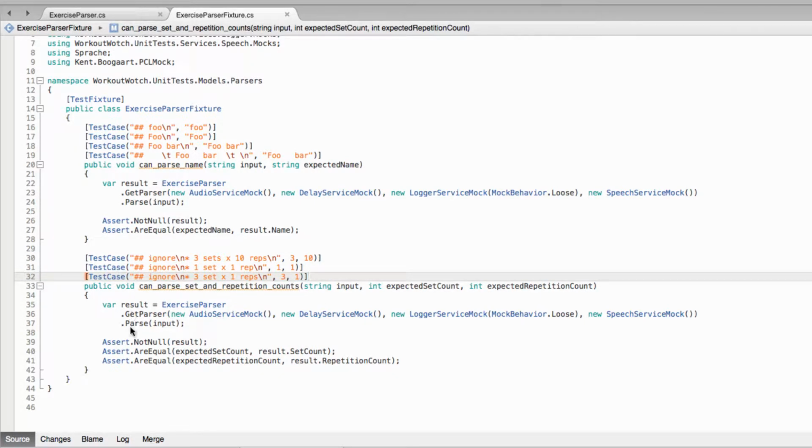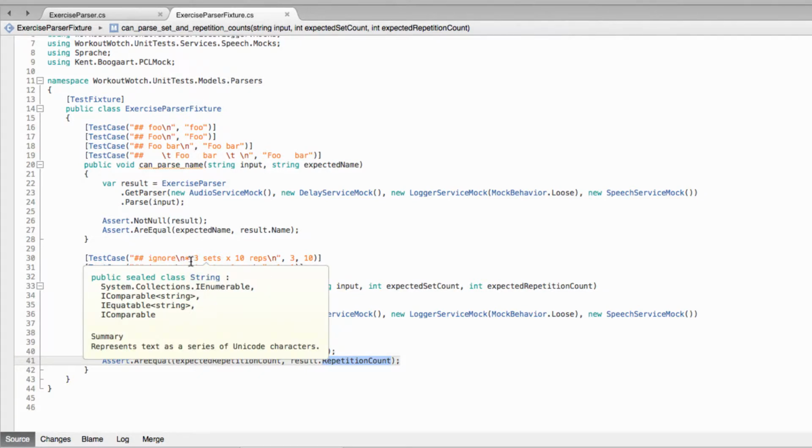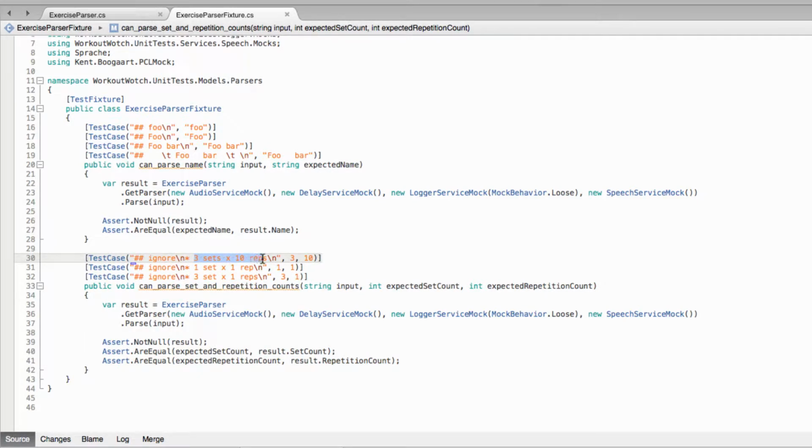Okay, here we go. So the test code is pretty much the same, except our assertions are against the set count and repetition count instead. And the test cases, the first one here, 3 sets by 10 reps. Obviously we're expecting 3 and 10, but here we've just got the kind of degenerative case where you've got 1 set and 1 rep. And then here I'm making sure that we can parse either